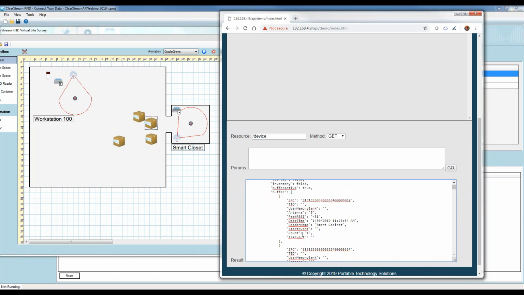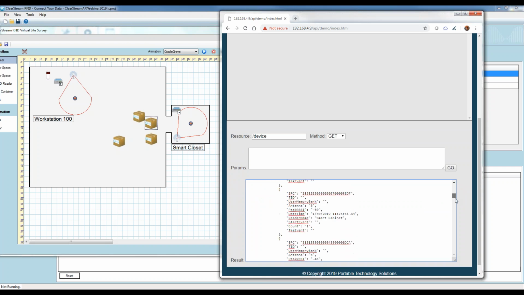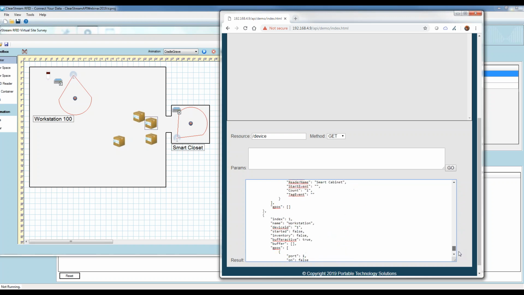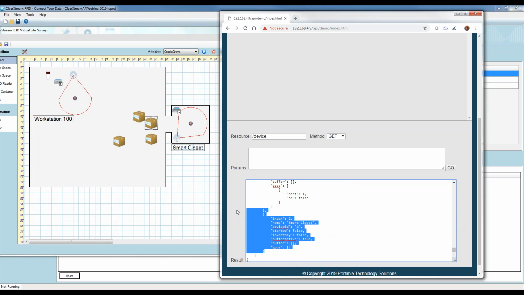So I get EPCs, I get the antenna that read it, and so on. All of this data comes back, and this is the 71 tags that I had read on that reader in the smart cabinet. Down below, you can see here I have my smart closet. Comes back, it's reader index 2. The name of that reader is smart closet. It started false. The buffer is active, and you can see here there's no buffer because